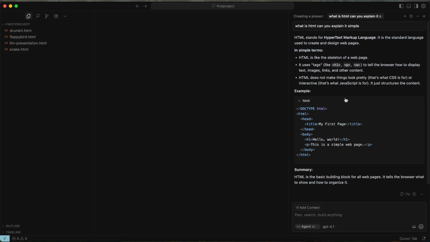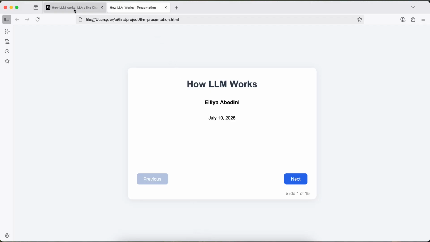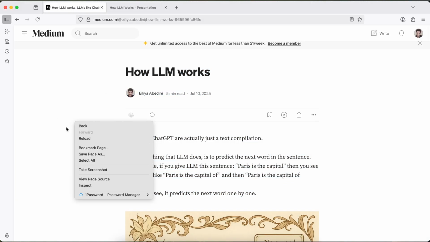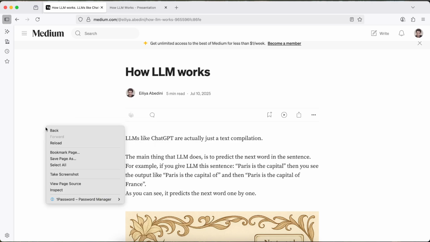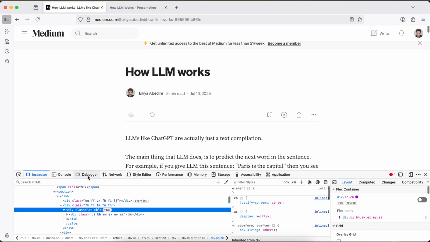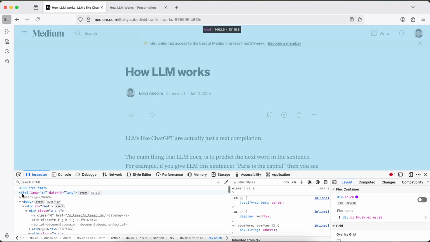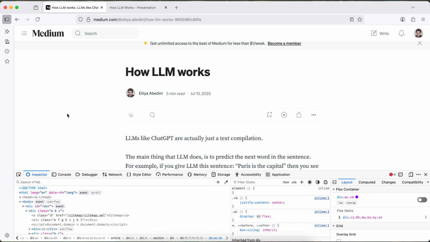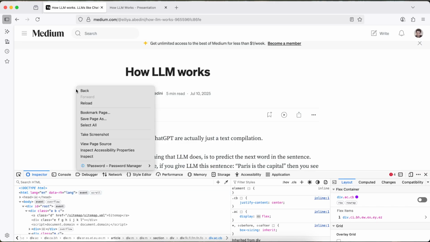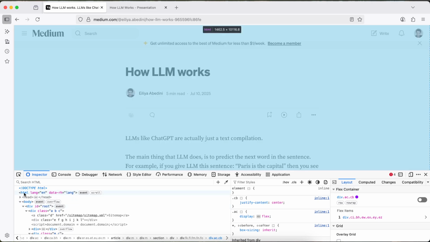Okay, let me tell you something. Anything you see on the internet, any website, if you right click on the page and go to inspect mode, you can see everything is HTML. Every website you right click and inspect, you will see it's HTML. Every website is built on HTML